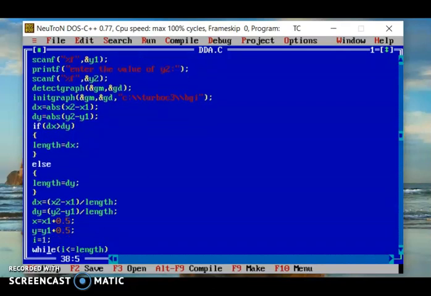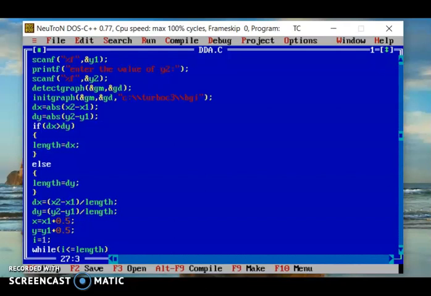Then next, we are finding the value of length. In this if else, what we are doing? We are finding the length of a particular line. I have told you that we know the first point and last point of a particular line, and with the help of that, we are finding the length of that line.